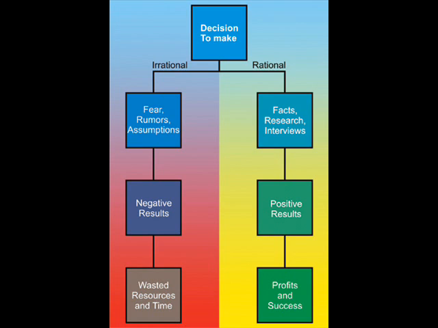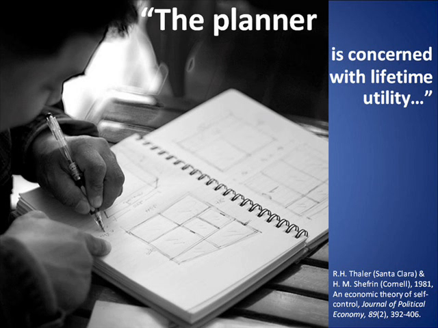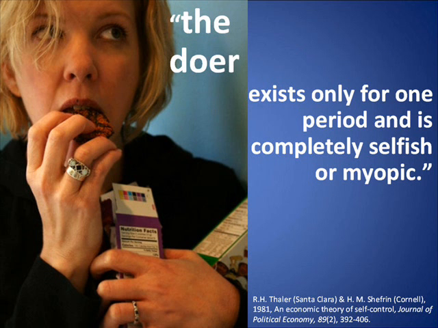Our decisions can be put into two categories, rational and irrational, and these make up the dual self model. When irrational decisions are made, they affect our future in a negative way. These decisions are made using our short-term impulsive self of the dual self model. But when rational decisions are made, we activate our long-term patient self, and this helps to see how these decisions are going to better ourselves in the future. Now, there are two sides to the dual self model as mentioned previously, and this will be demonstrated through Clay's